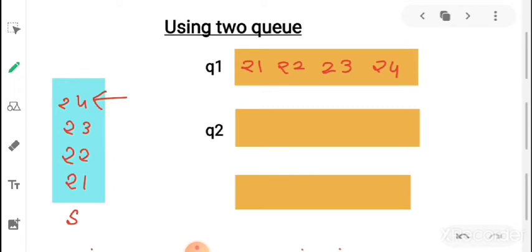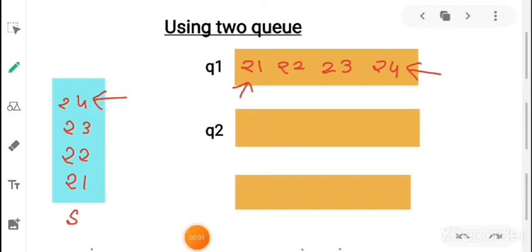Somehow I want to DQ 24, but as we know, the front of the queue is always DQ first, that is 21 will be DQ first if I call the DQ function right now. But we don't want to DQ 21, we want to DQ 24, because we want to implement a stack using queue.